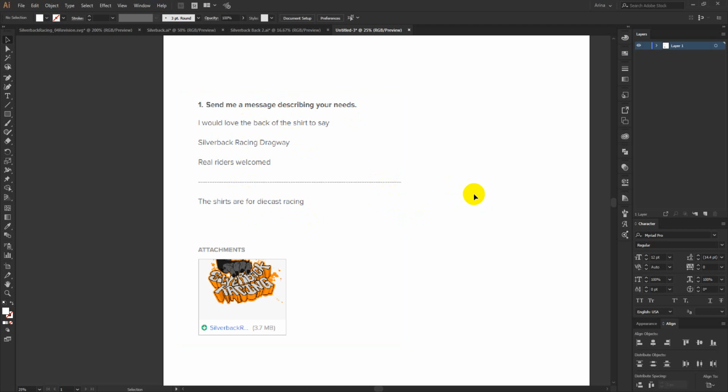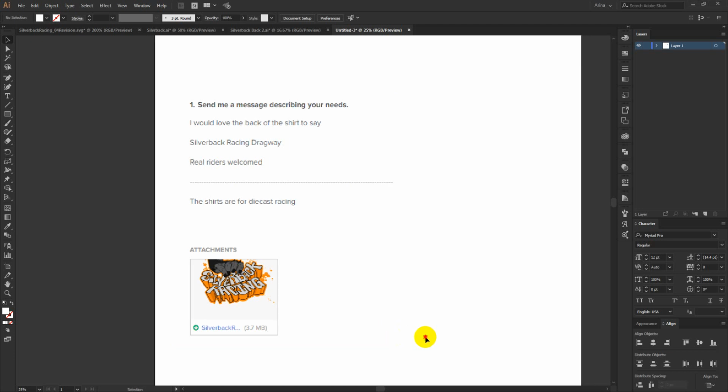So most of the time clients do provide really detailed information, but sometimes we get an order just like this, without enough information about what the business is about, how he wants the shirt to look, or any example. Nothing, just two or three lines of text. So for this kind of work we need to do some research, and that is what I will show you today.